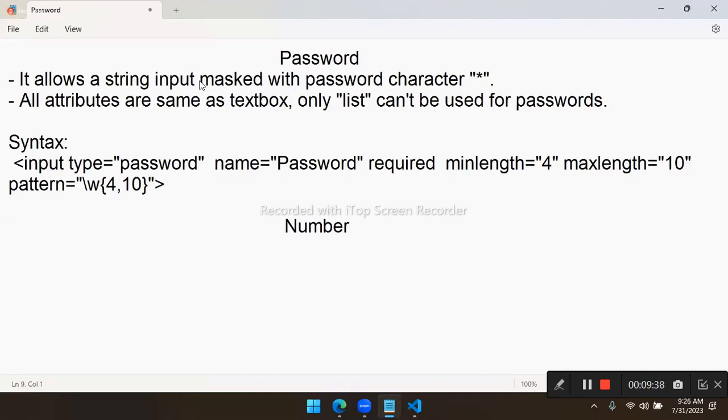We have a password and we have number. This is also the same. Number input allows you to input a numeric value. So all attributes are the same